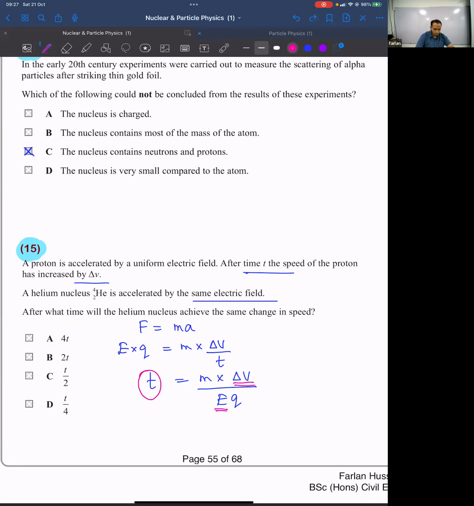Comparing to the proton, the mass of the helium nucleus is 4 times. Agree? Comparing to the charge of the proton, the charge of the helium nucleus is 2 times. Am I right? So the mass is 4 times, charge is 2 times. So the time taken for the helium nucleus will be